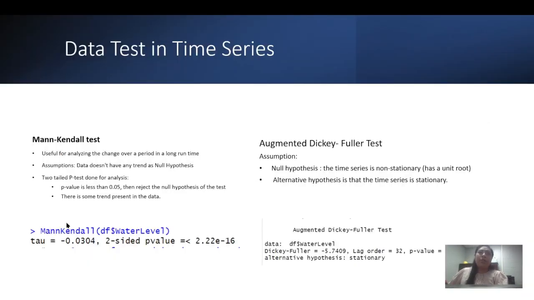So for the test, we'll be doing the Mann-Kendall test for the trend analysis. The Mann-Kendall test assumes that the data does not have any trend as the null hypothesis, and if it rejects the null hypothesis, that is the alternate hypothesis. So we'll be looking at the p-value for the analysis. If the p-value is less than 0.05, the model rejects the null hypothesis, and if not,